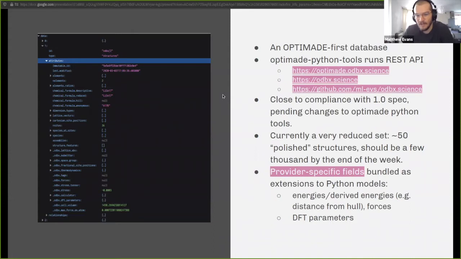So we're very close to 1.0 with Optimade Python tools. There's just a few changes to actual responses and edge cases that we need to add. So at that point, we should basically be at 1.0. It's currently using a very, very reduced set of structures. I should thank Evgeny for querying TIN in particular, as that's perhaps the one query that would have actually returned answers in that particular case. But hopefully by the end of the week, I'll have some impetus to actually put a few thousand in there